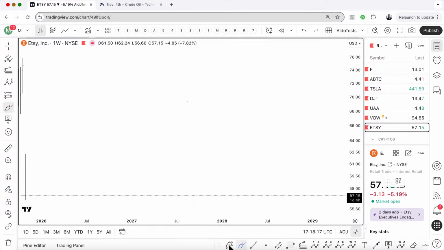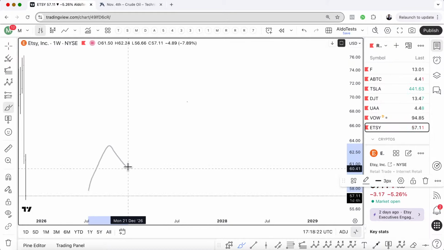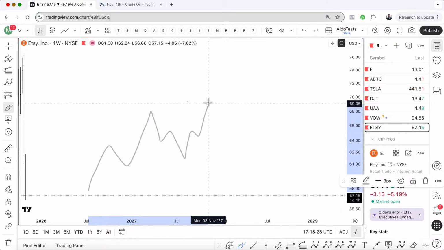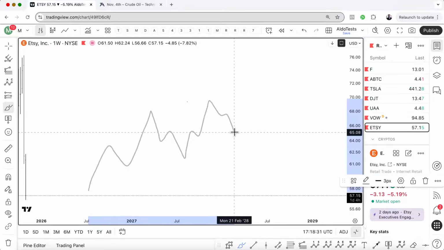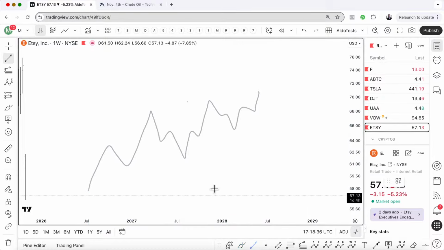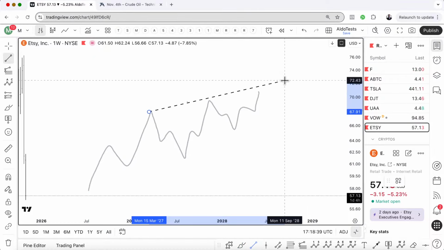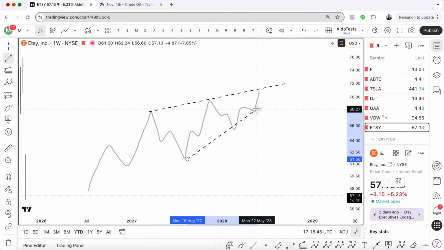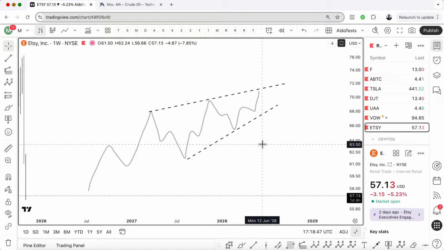Let's make the drawing of a diagonal again. Okay, this would be wave 1, this would be wave 2, this would be wave 3, this would be wave 4. It's inside wave 1, and this would be wave 5. So now let's put the line so you identify it better. Remember, we connect wave 1 and 3, and we connect wave 2 and 4. And there you have your diagonal. It's all overlappy. It overlaps everywhere. So now, in regard to the other side of the question,